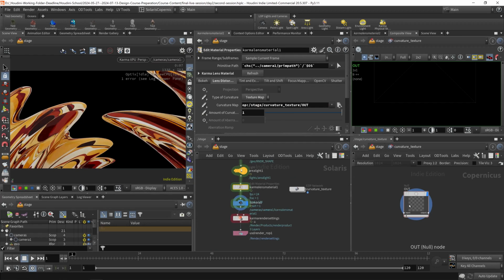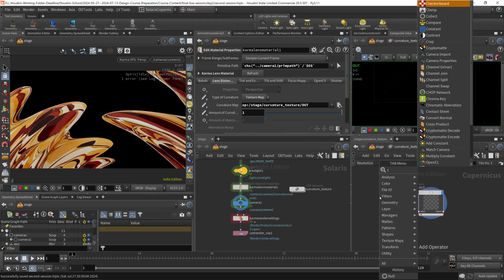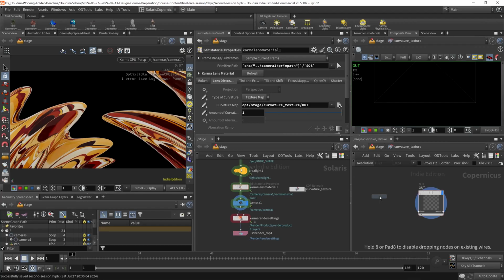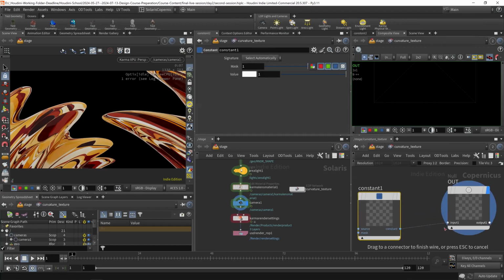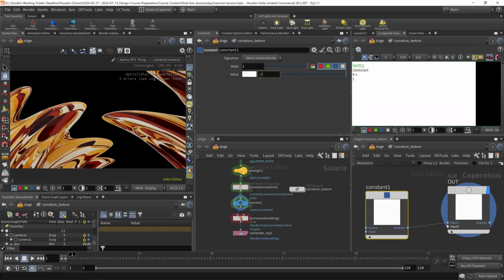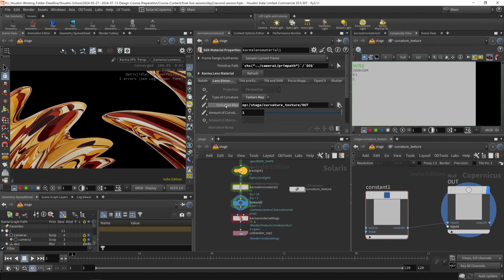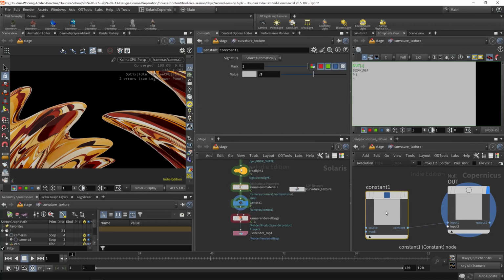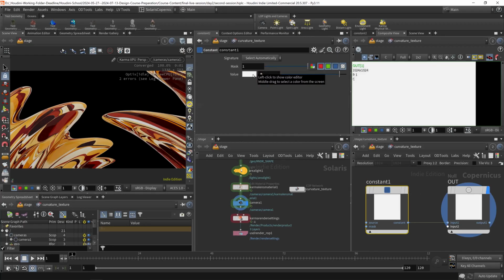And I want to show you, if we wire in a constant in Copernicus, let's say a constant with a value of 0.5, nothing would happen, because this curvature map wants to have a black and white image, a mono output, and below 0.5 it zooms in and above 0.5 it zooms out. So 0.5 doesn't do anything. And if we increase it, let's say to 0.9, we would see that it would zoom out,